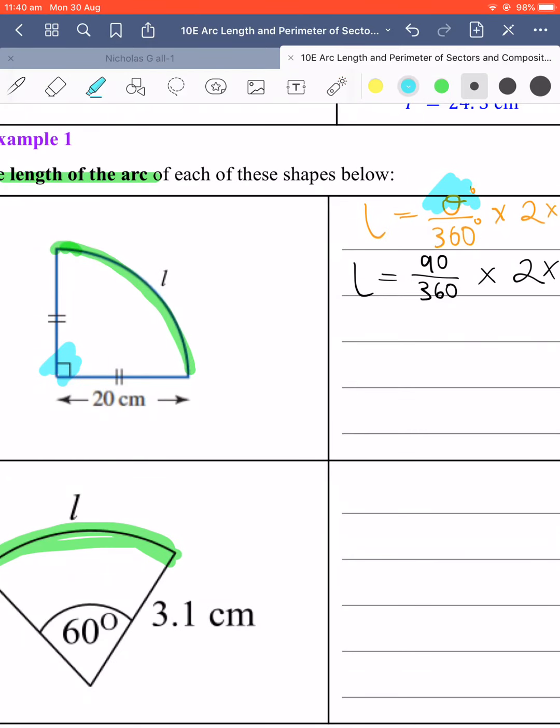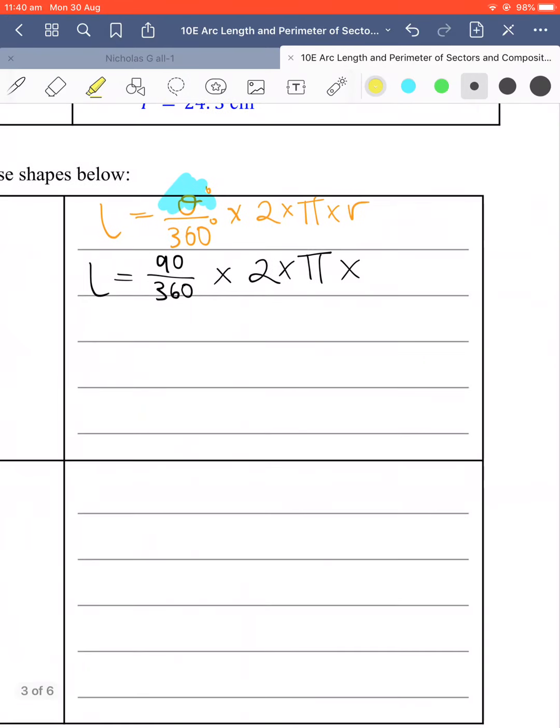Having a look back here, my radius is 20 centimeters, so I can substitute it into here. I know my answer is going to be in centimeters overall. Once I put that all into the calculator, 90 over 360 is actually a quarter, so that can be simplified. But once I plug that all into my calculator, and remember to put some brackets around these when you're doing it, I will end up with my answer of